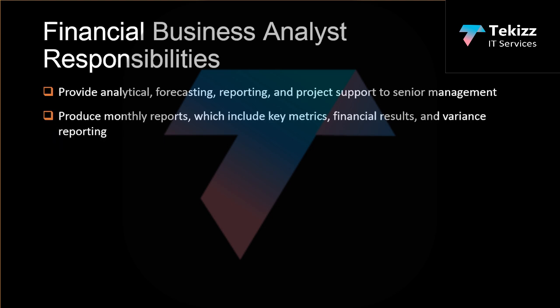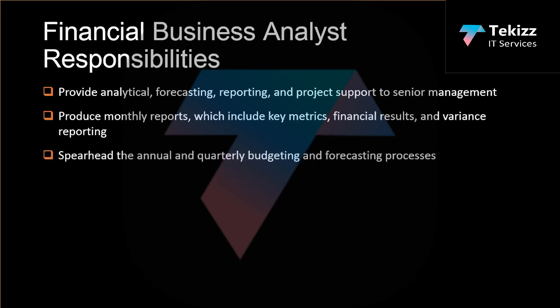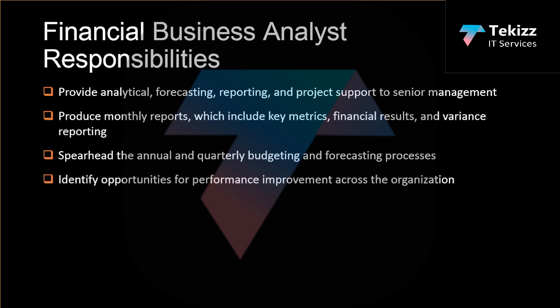And they have to produce reports like monthly reports, which can include the key metrics, some financial reports, or some variance reporting. So variance reporting is nothing but budget versus actual versus target. And spearhead the annual and quarterly budgeting and forecasting processes, identify the opportunities for performance improvement across the organization,